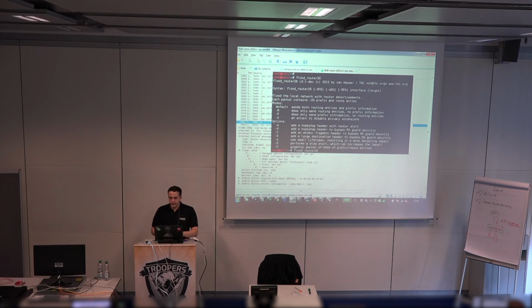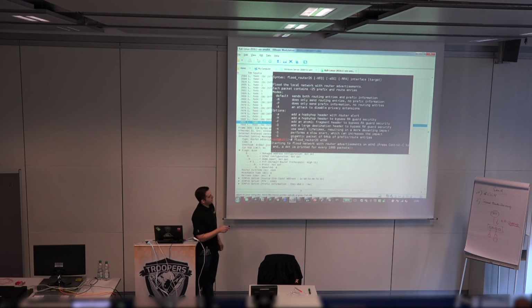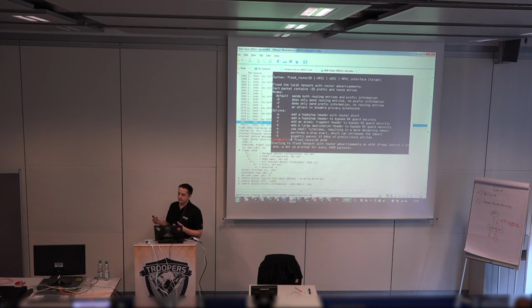So we're just doing a plain flood. Every dot printed here is 1,000 packets. I'm also DOSing my host machine where the virtual machine is running, so the virtual machine isn't that fast at sending these advertisements, and hopefully I haven't shot myself in the foot. I should not, but